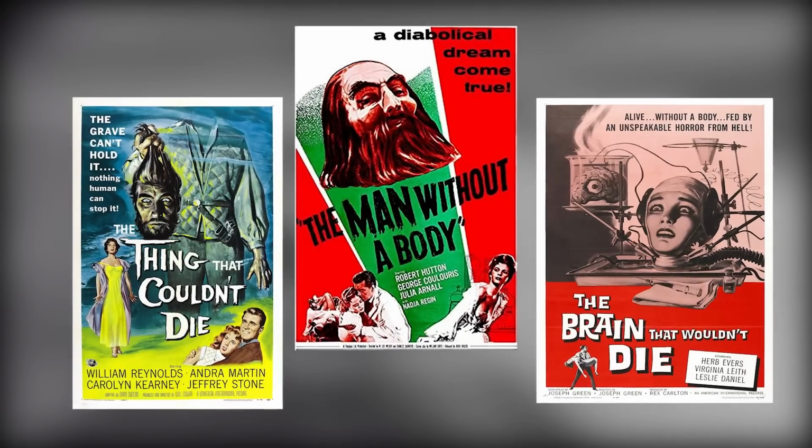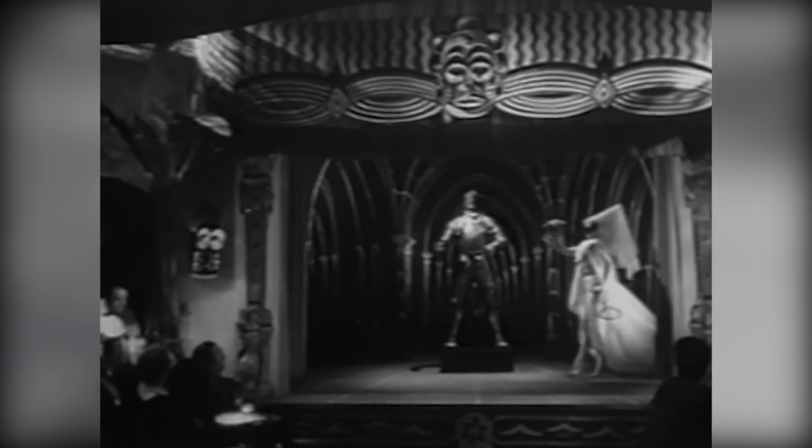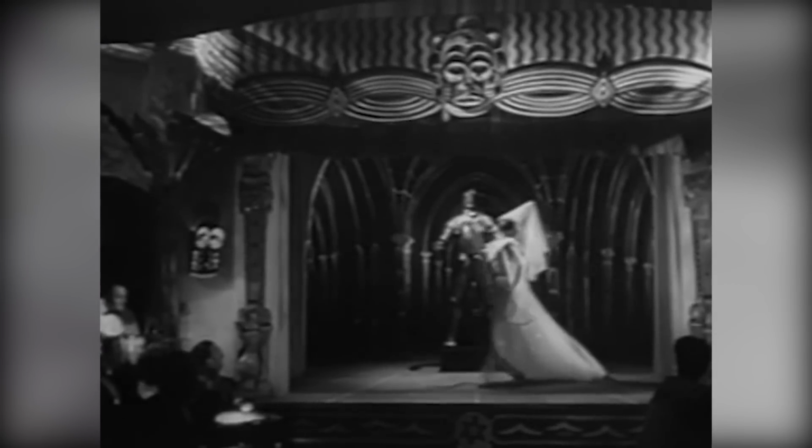Man, there were a lot of transplant movies around this time, with the premise and the scenes of cabaret dancers dancing in front of suits of armor? Okay, whatever, gets your rocks off. Anyways, with this premise and the scenes of the mad scientist going around looking for sexy ladies to kidnap for the operation, the film reminds me a lot of The Brain That Wouldn't Die, though this is a marginally better